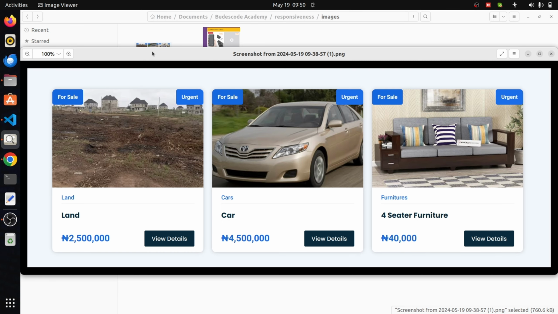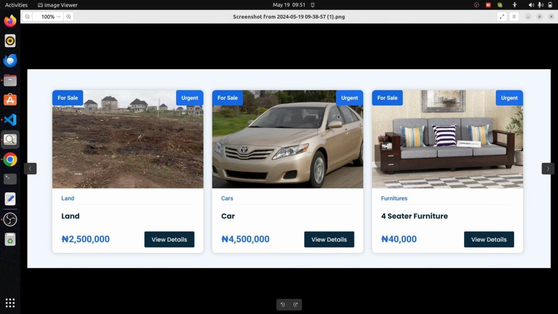So basically, positioning helps us to position certain elements in our web page, either by overlapping other elements, or it actually helps us to position an element exactly where we want it to be. All right. Let's